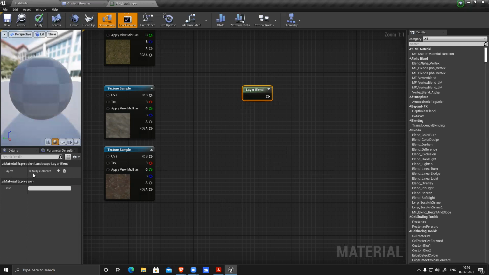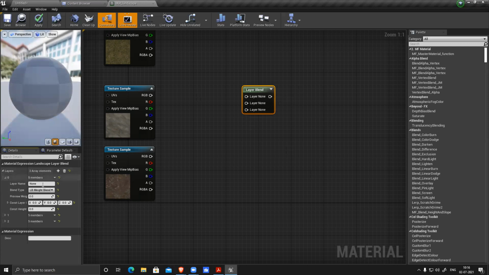You can see layer, it says 0. There is no layer. So I have 1, 2, 3, plus, plus, plus 3. So this can increase to 4, 5, 6, right? Totally up to you. The first one is my ground. Name it, see, name changed.